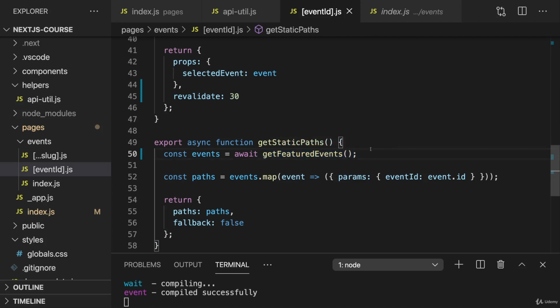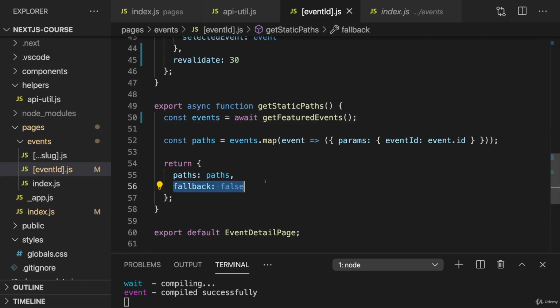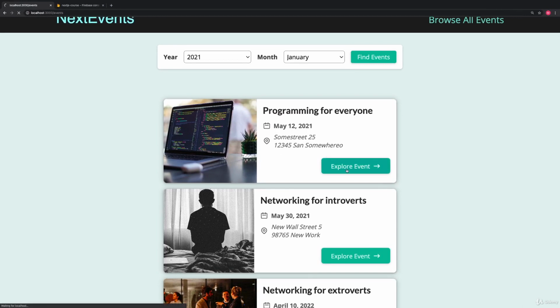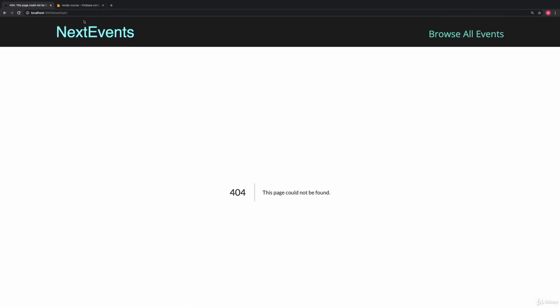But now with that, of course, that implies that for some events the page will not be pre-generated. So if we leave fallback set to false, we'll have an issue. If I click on some event which was not pre-generated, like this event with an ID of E1, I get a 404 error